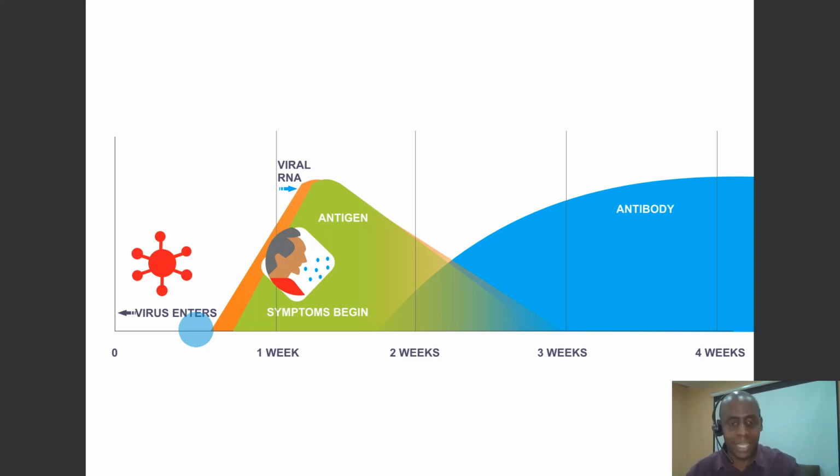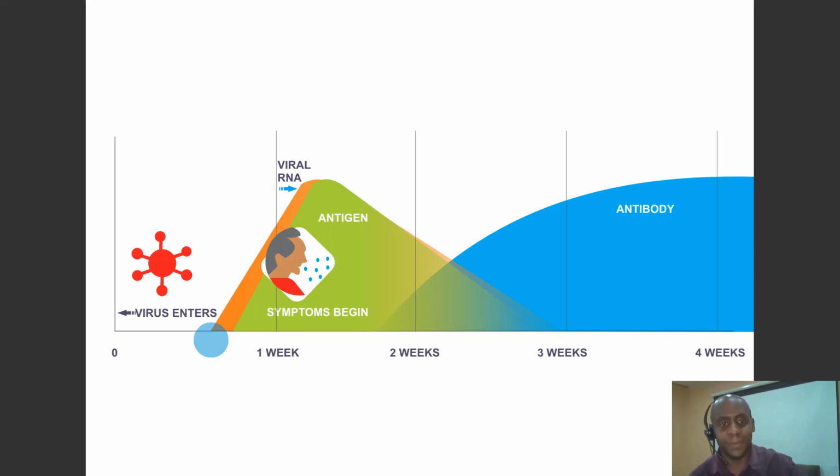Once we get to this stage, after a couple of days, the viral RNA starts to multiply in your body to levels that now it actually starts to be detected by available tests. You then see this orange curve going up. This curve represents viral RNA that is multiplying. At this stage, if you do a PCR test, it is likely to be positive because the viral RNA